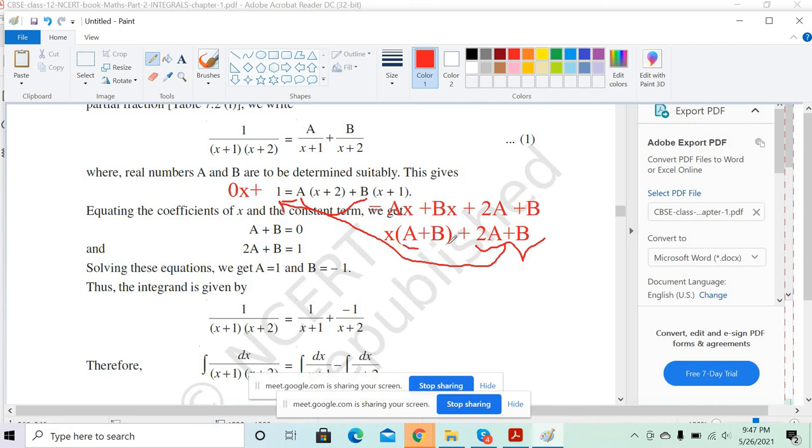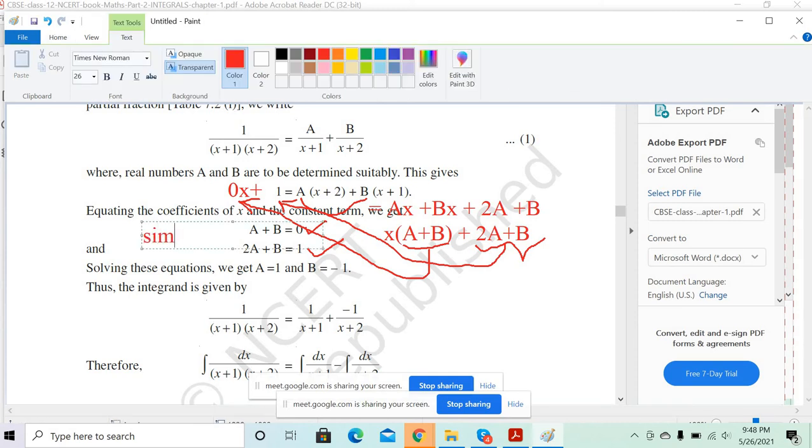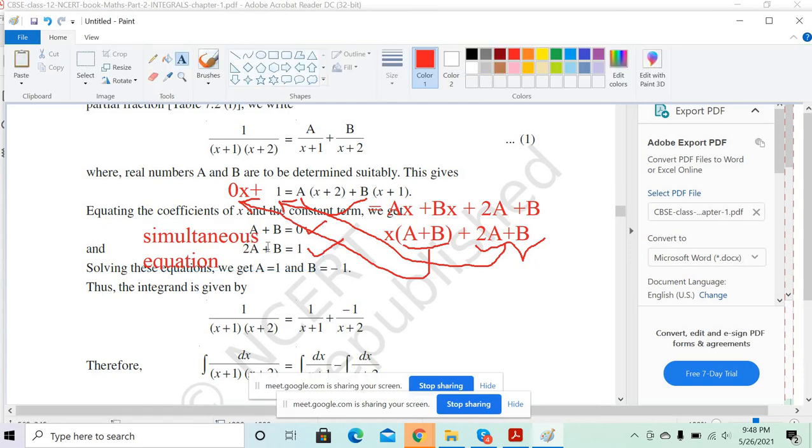And the coefficient of x, a plus b, has to be mapped to 0, isn't it? Yes, sir. So a plus b equal to 0 and 2a plus b equal to 1. So you get a simultaneous equation here. Once you solve this to get the values of a and b,